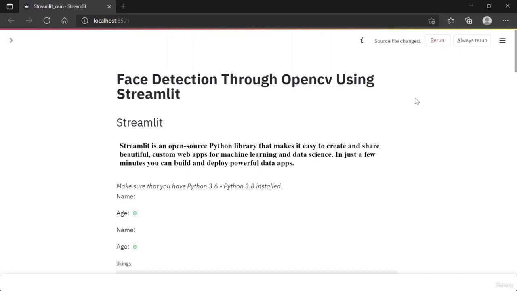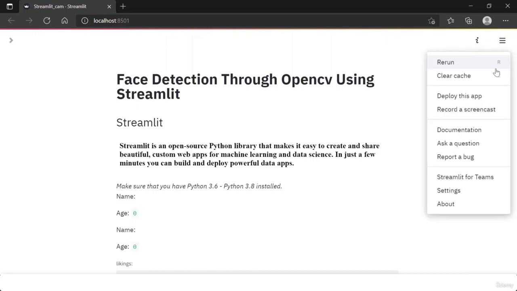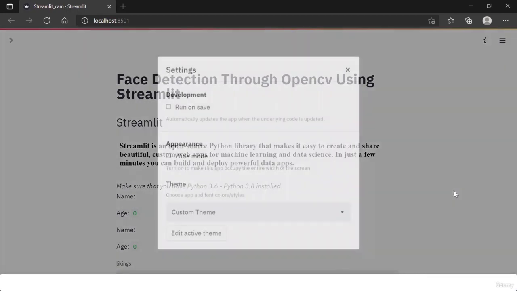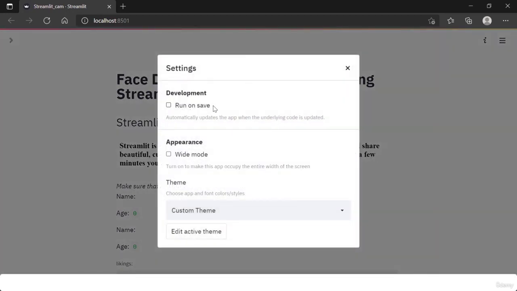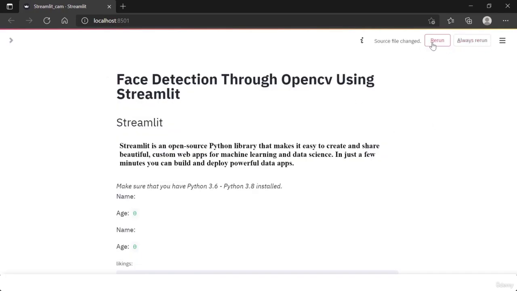After rerun, it accepts the changes and makes the suitable changes in the interface itself. Now you can see that there's the rerun option, clear cache option, and in the settings, there's a run on save option, which basically means that once you change your code and save the code, Streamlit reruns itself. You don't have to go again and again and rerun from here.